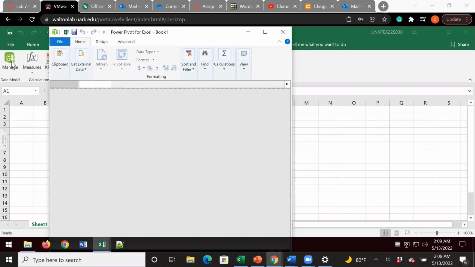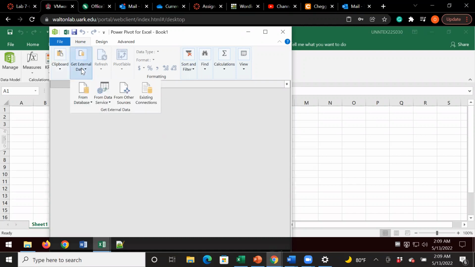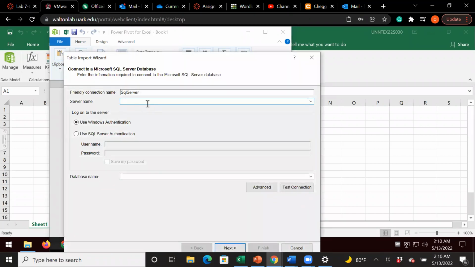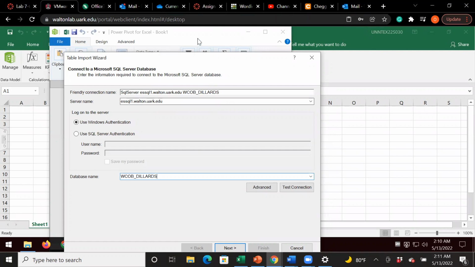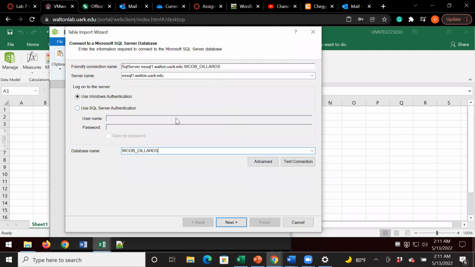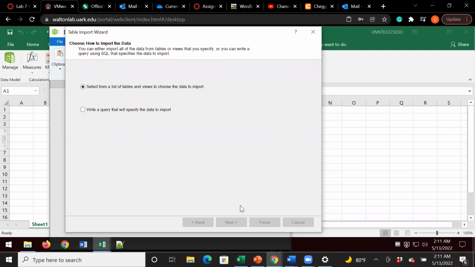So we went to Manage, and now we have to get external data from database, from SQL Server. Now I gotta just type this information really quick, and I'll be right back. All right, I went ahead and typed in the server name and the database name, and we can go ahead and hit next. You hit next,